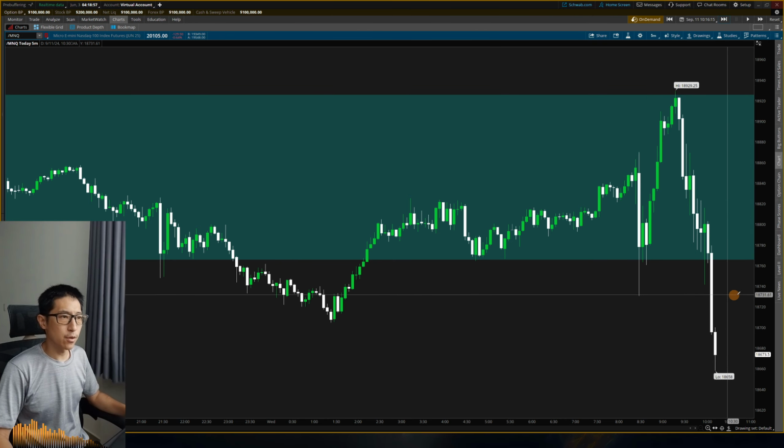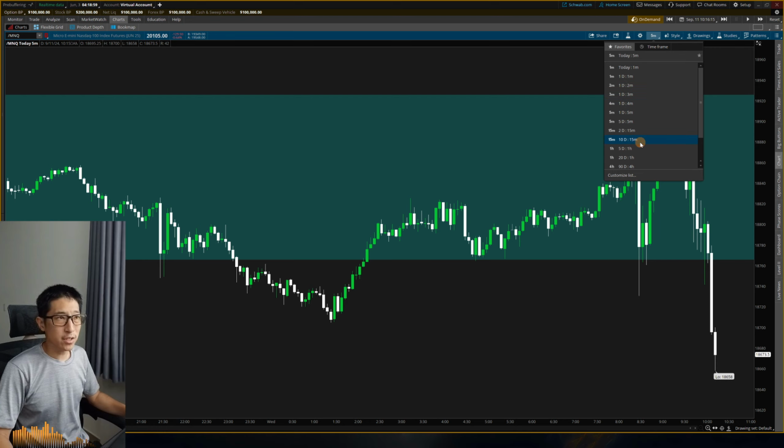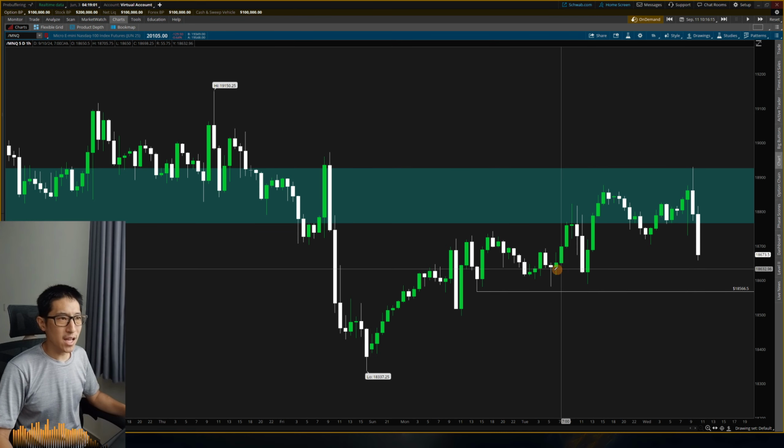So it's a little unfortunate that we've already taken out the nearby sell side, but like I said, I think the relevant target is going to be these relative equal lows. That's what I'm going to be aiming for. I'm going to go ahead and see if I can try and take a short here.